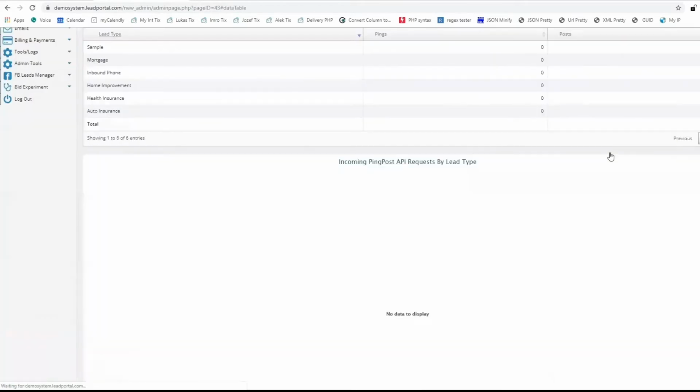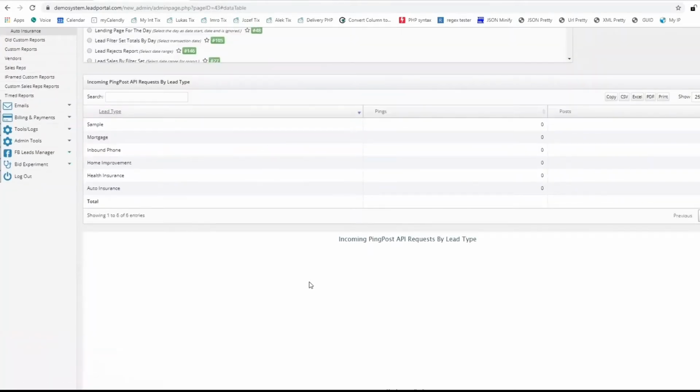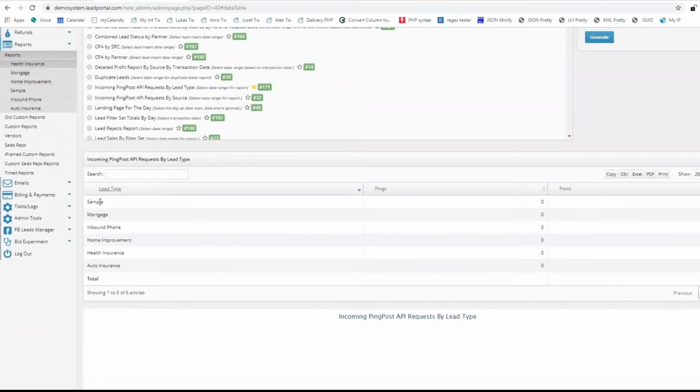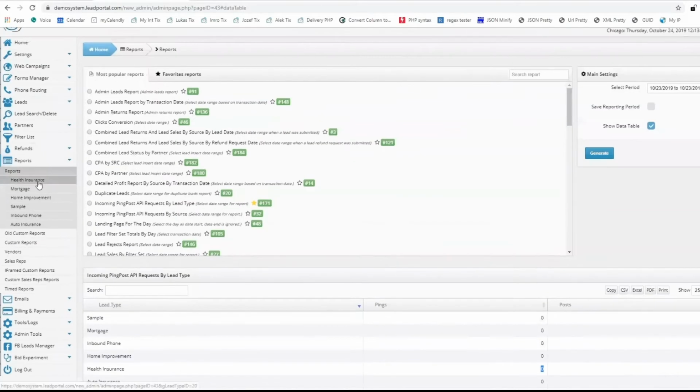This is just a dummy system, so there's not going to be any data flowing through it, but just so you can see, broken down by the lead types in your system, how many pings did I do? How many posts did I do? Just at a quick glance, you can get that information into your hands. So you can see that, oh, wow, I really upped my volume in health, but I'm not doing any more volume in another lead type. Then you can, in turn, run the individual report for that lead type, which breaks it down by